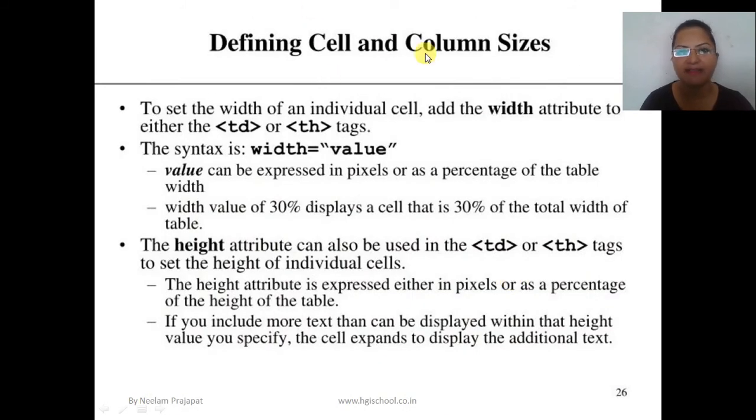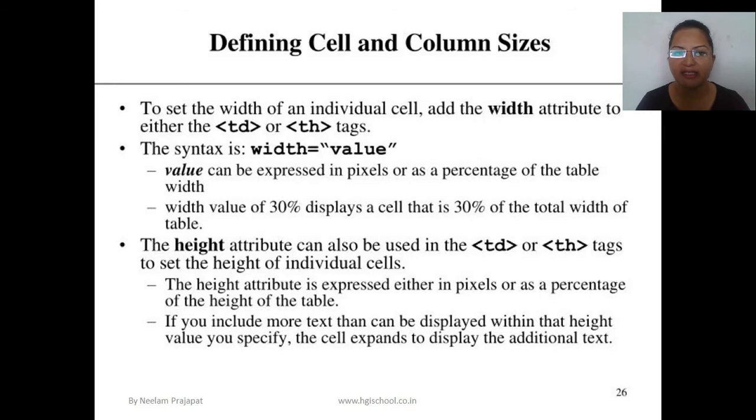Now defining cell and column size. If we have to give the column size, we will use the width attribute in TD and TH. I told you we cannot specifically give columns in the table. We use the TD and TH tags. The number of TD tags and TH tags defines how many columns there are.